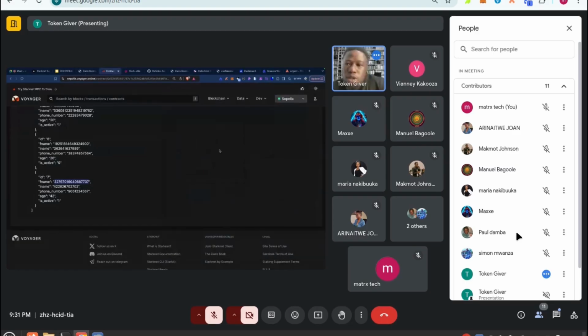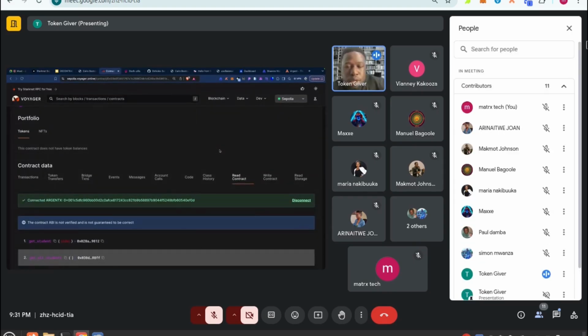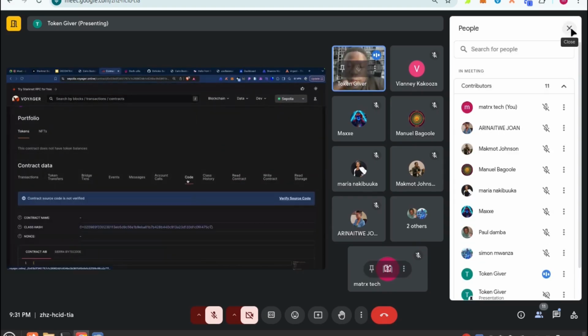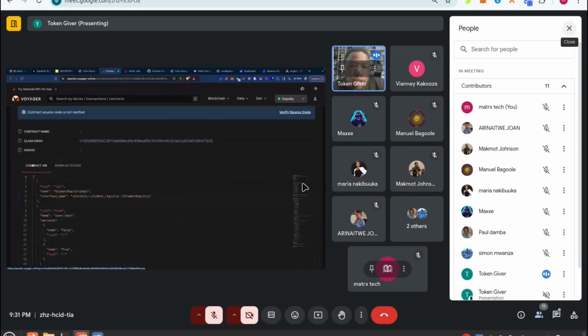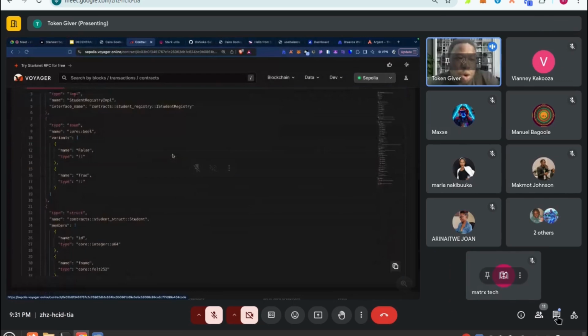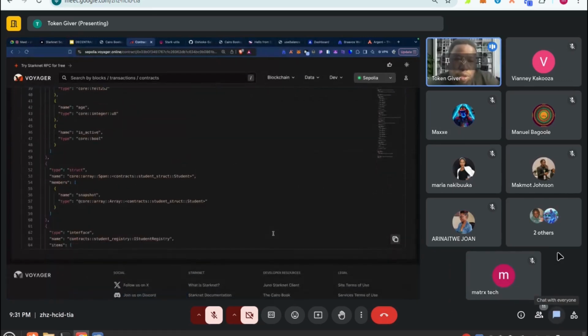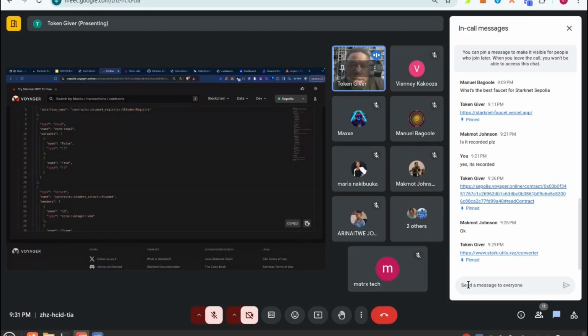So yes, what brought us here was to get our ABI. The way you get your ABI is by coming to this code section here. So you see contract ABI. So you copy the whole contract here like this. So if you copy the whole contract,